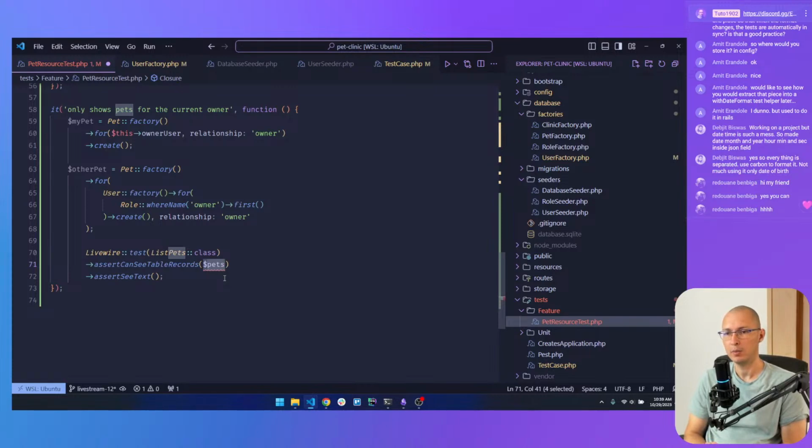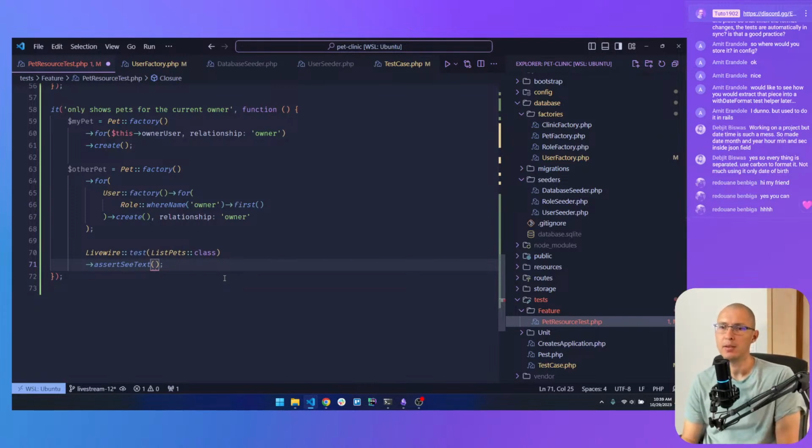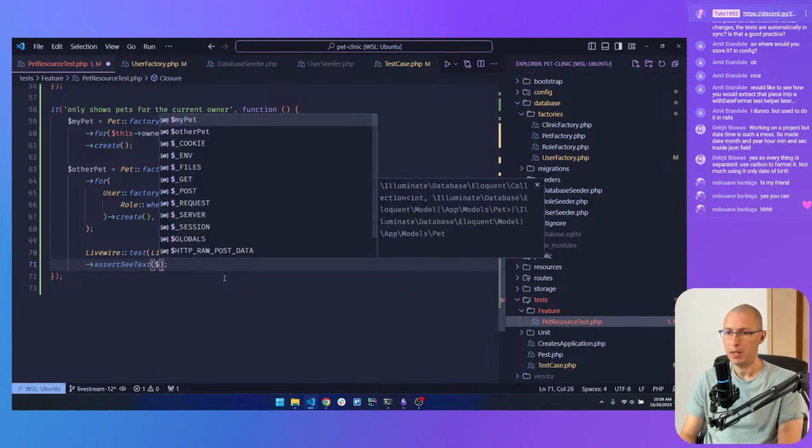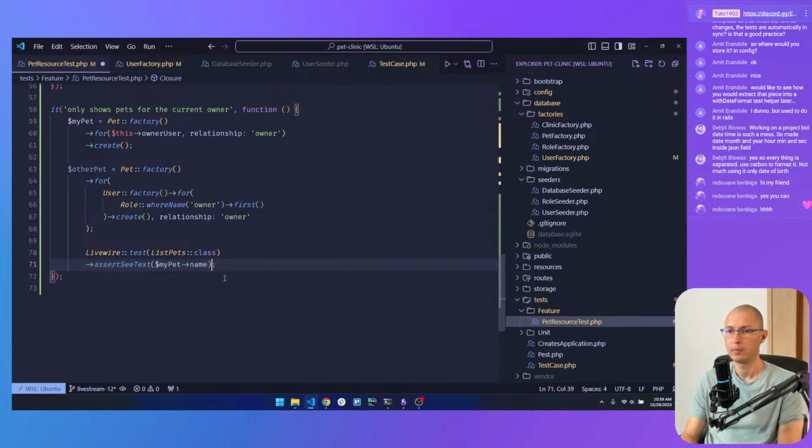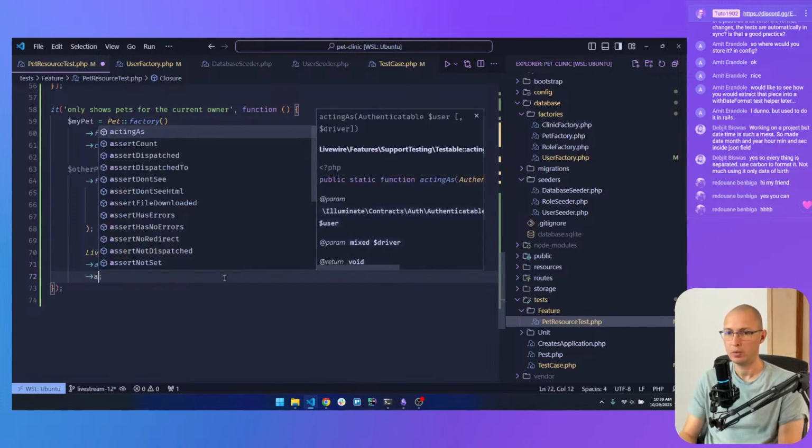Assert can see table records. Is there a negative of this one? I guess we can do away with that and just make sure that we can see the text from my pet name